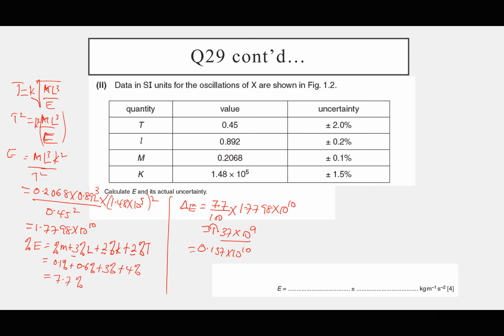I hope the uncertainty is correct. I have to just cross check. K is 3. T is 2 times 2, which is 4. L is 0.2 times 3, which is 0.6. And M is 0.1. When you sum up, you get 7.7. Maybe I have to double check the true value of E,